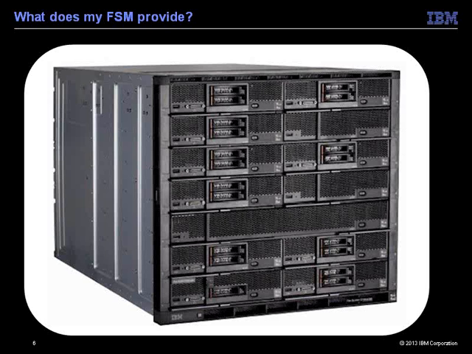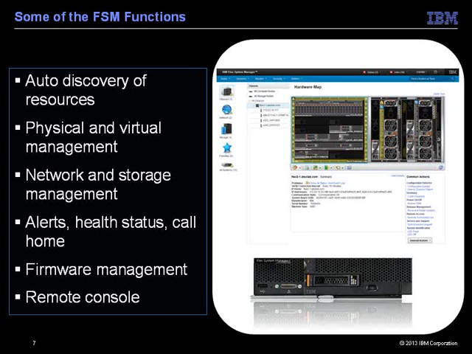Most of you are aware of the Flex System chassis with the various compute nodes in it, and you can tell by looking at the picture here where our FSM is. Some of them have 2 SAS drives on the front, some have no drives, and there's one special one down here that has a SAS drive, and you can't see it, but there's 2 SSDs on top of it. That's our FSM. It's sitting inside this chassis, managing the compute nodes inside this chassis, and it can manage up to 15 additional chassis, so a total of 16 chassis managed by this single FSM.